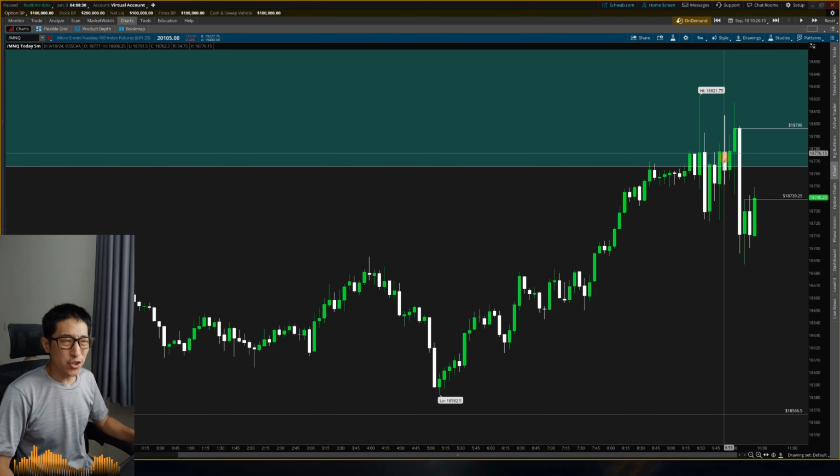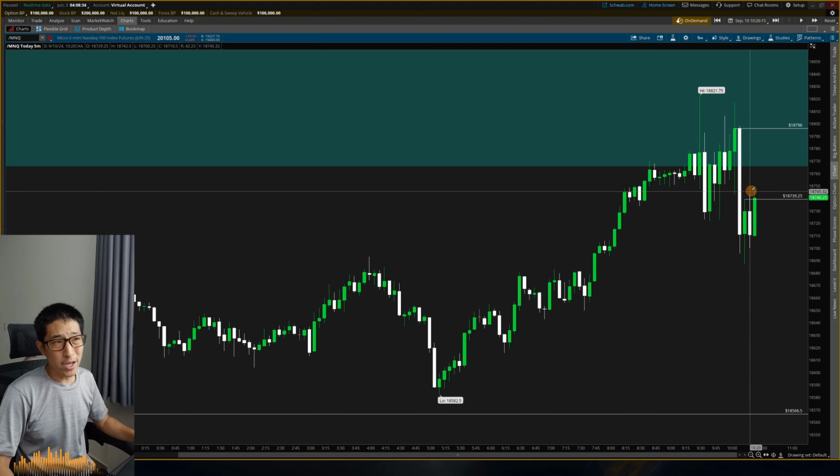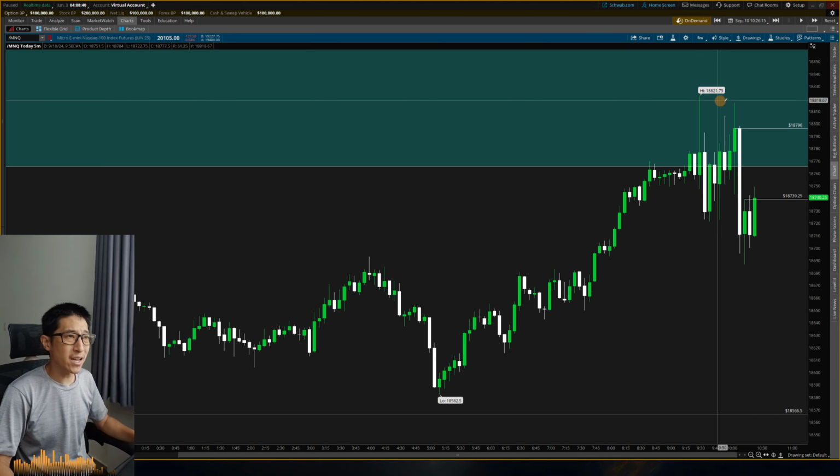But because of all this choppiness and everything, I want to actually wait for a confirmation fair value gap. I don't quite trust this right away. It's very, very choppy. We could just be taking this low for another drive higher. We do kind of have relative equal highs here as well. So definitely I want to wait, see if we can get a confirmation fair value gap.